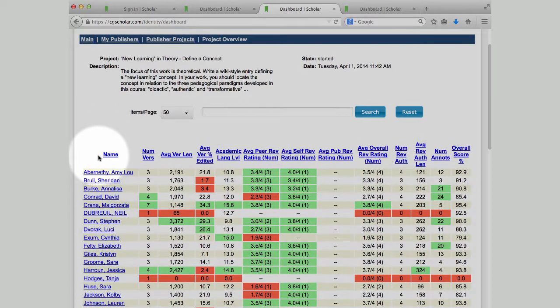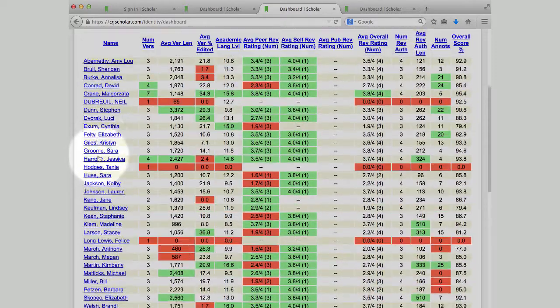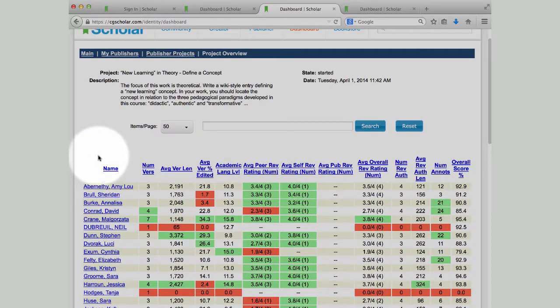These are all the members of the group down the bottom here. And what this has done, it's parsed hundreds of thousands of words of text, every version, all the changes that have happened, and it gives us a whole lot of information. Now, when do I get this information? As an instructor, as a teacher, the answer is on the fly, anytime, halfway through a project, during a class, and it will tell us things like the number of versions people have written, their average length, the average